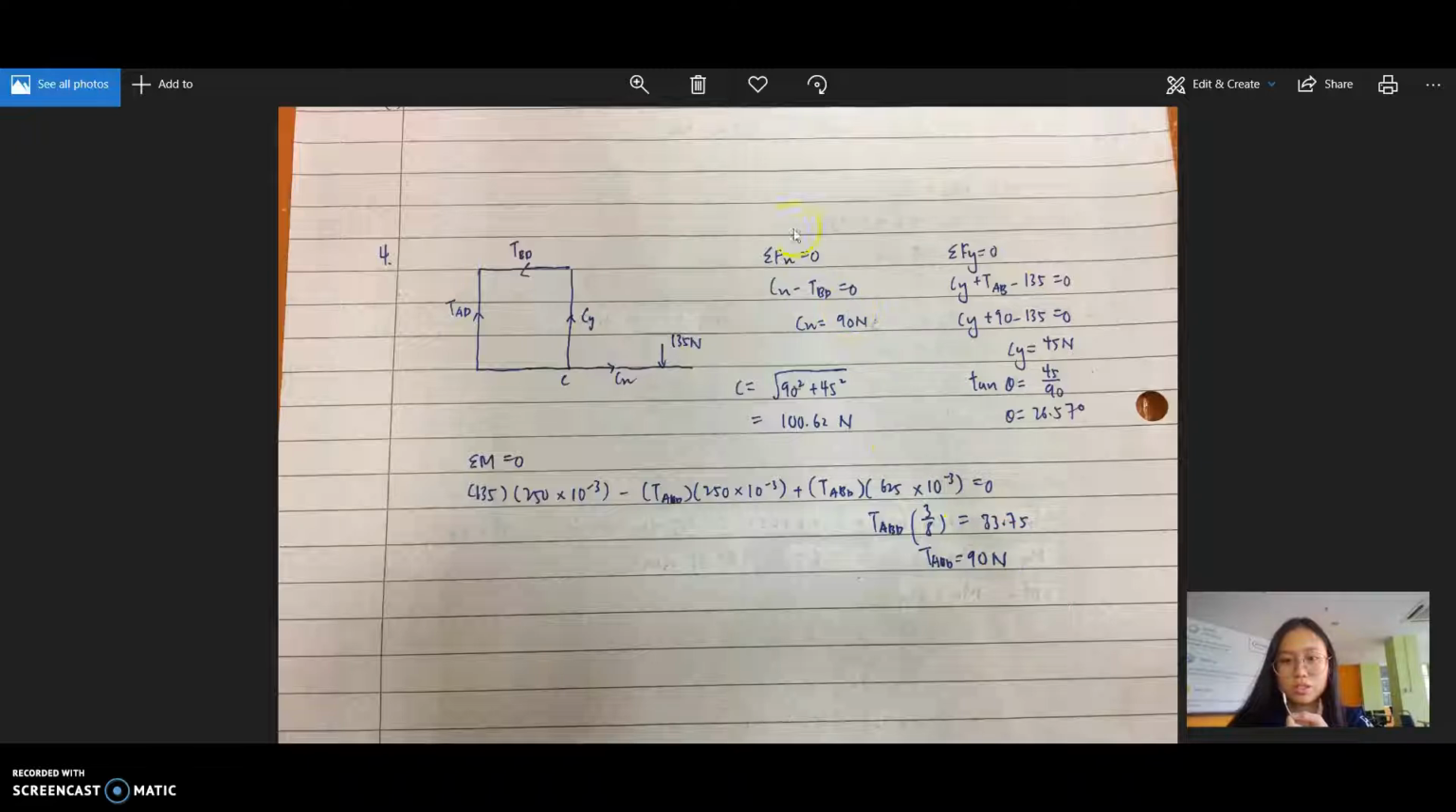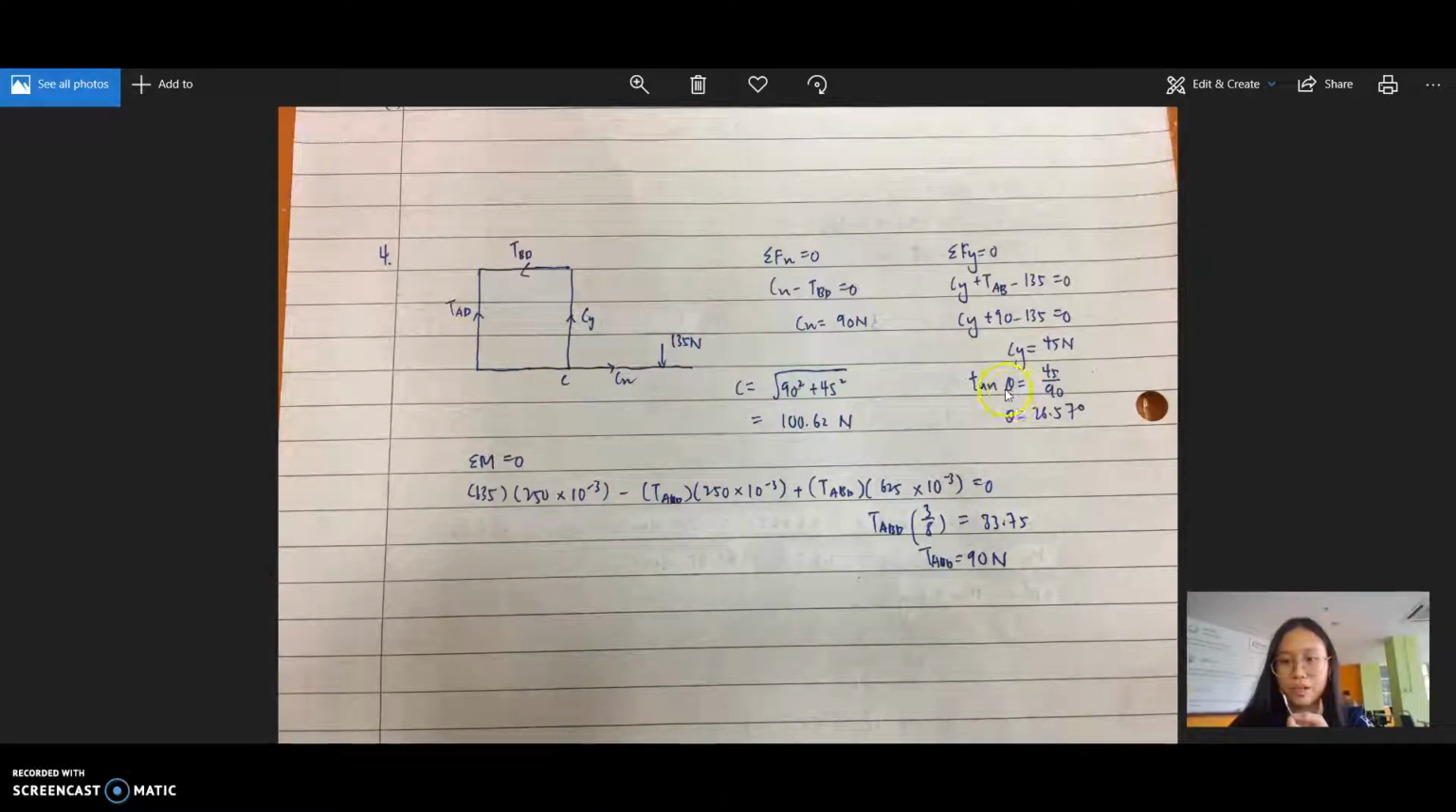We proceed to the equation summation Fx equals 0, and we can see that there are two forces in x, which are Cx and the tension. By using this tension, we can solve Cx equals 90 Newton. For summation Fy equals 0, we have three forces here. We put them all in this equation equals 0, so we get Cy equals 45 Newton. The total resultant force is Cx squared plus Cy squared, and the square root of both of it. So we get